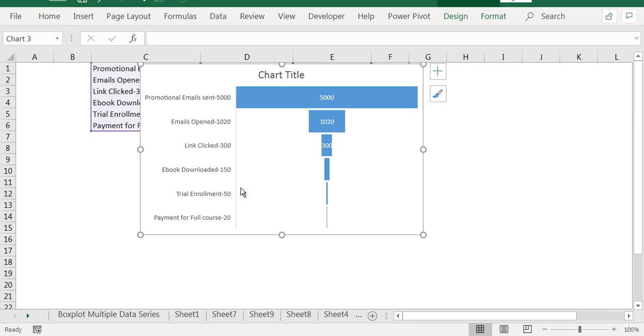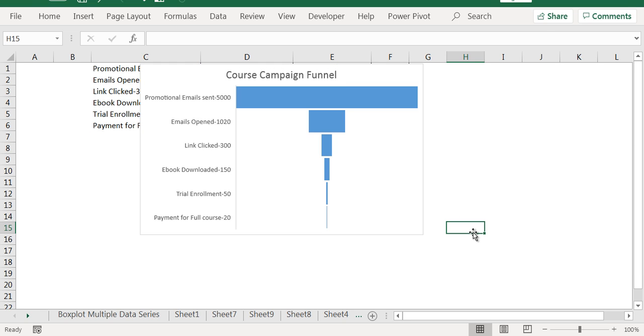Okay, 5,000, 1,020, and you can remove this from here. So this is one example of funnel chart, and you can say marketing, or let's say course campaign funnel. Very good in understanding how much is your click-through rate, etc.